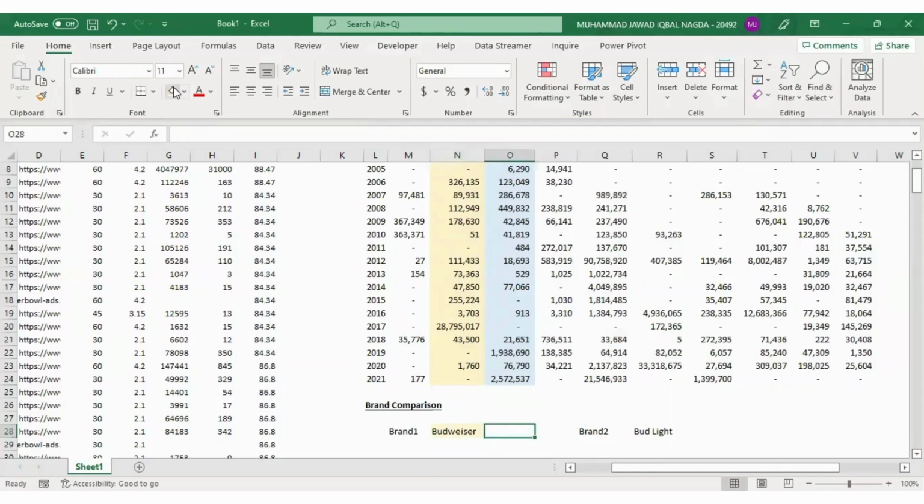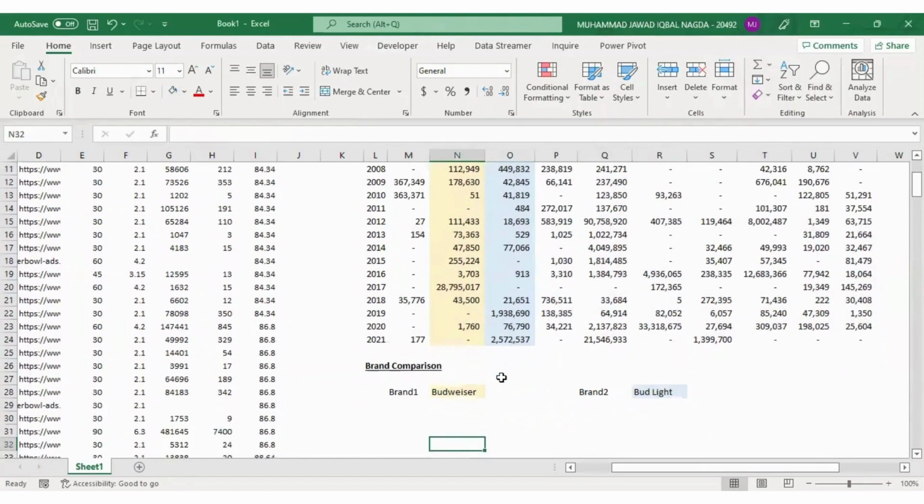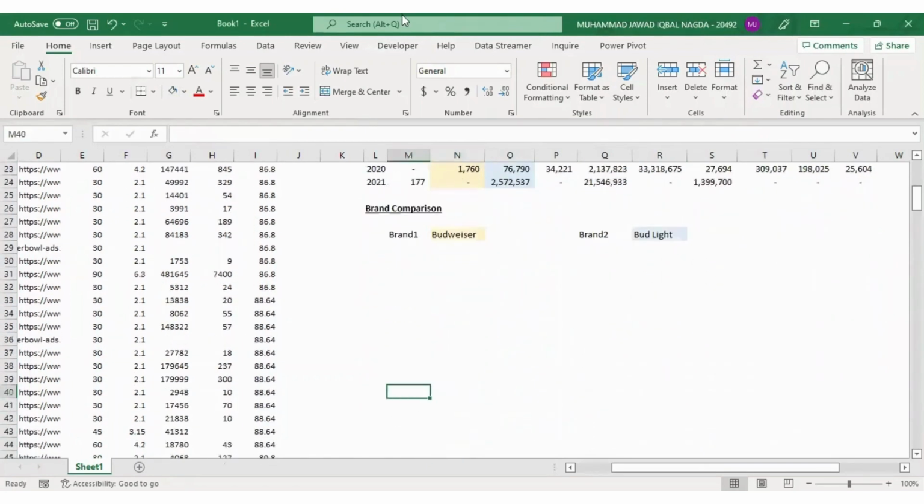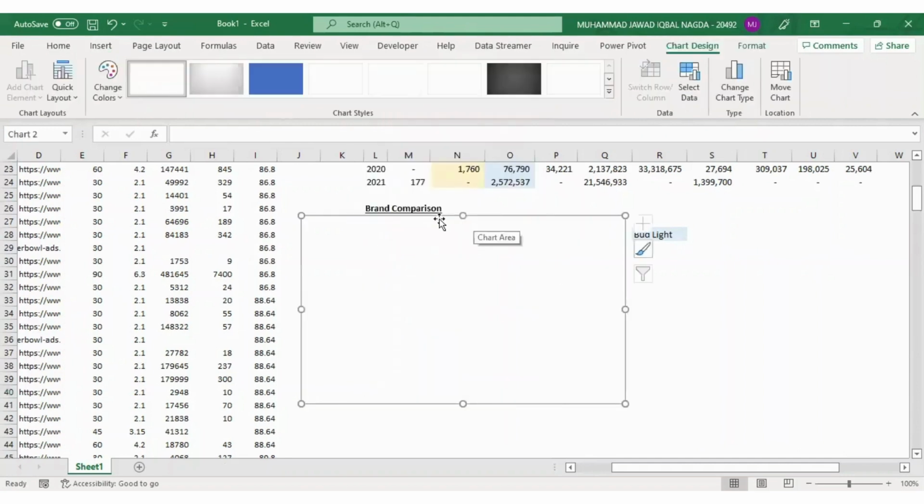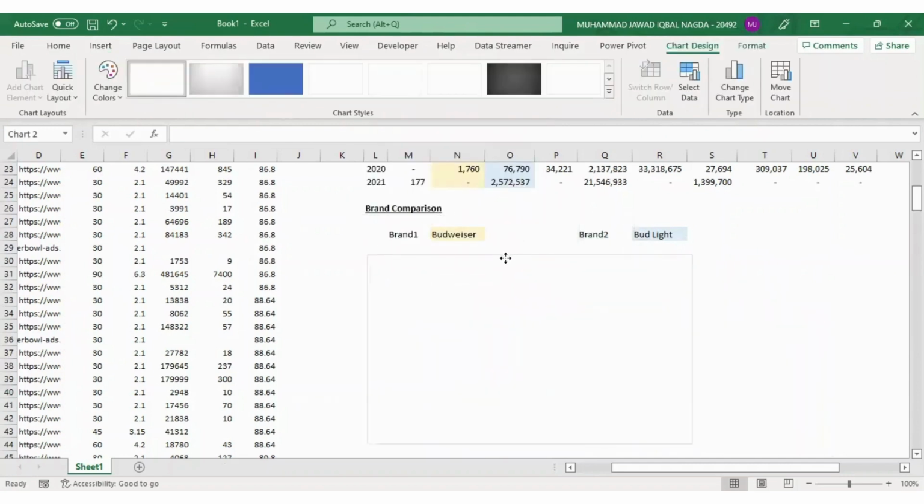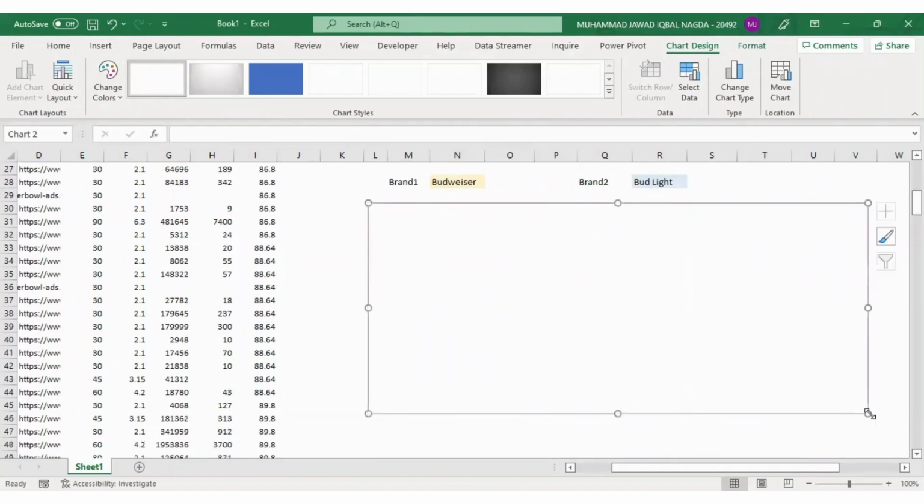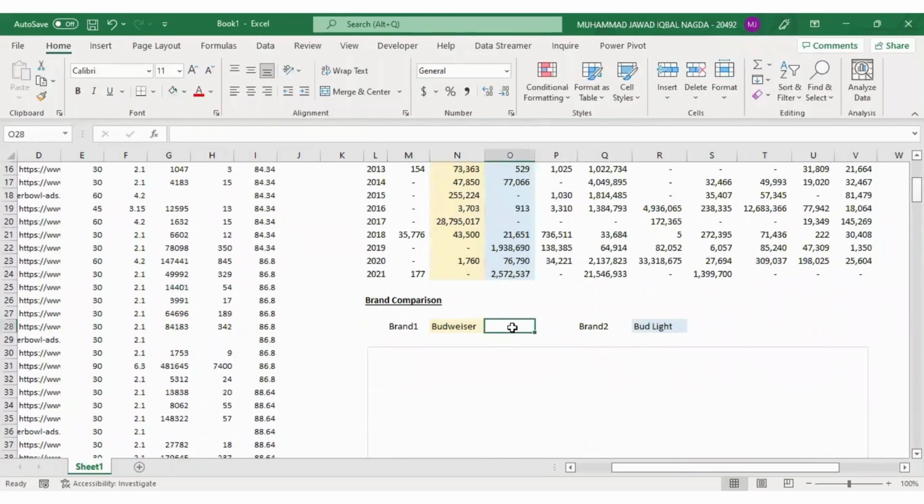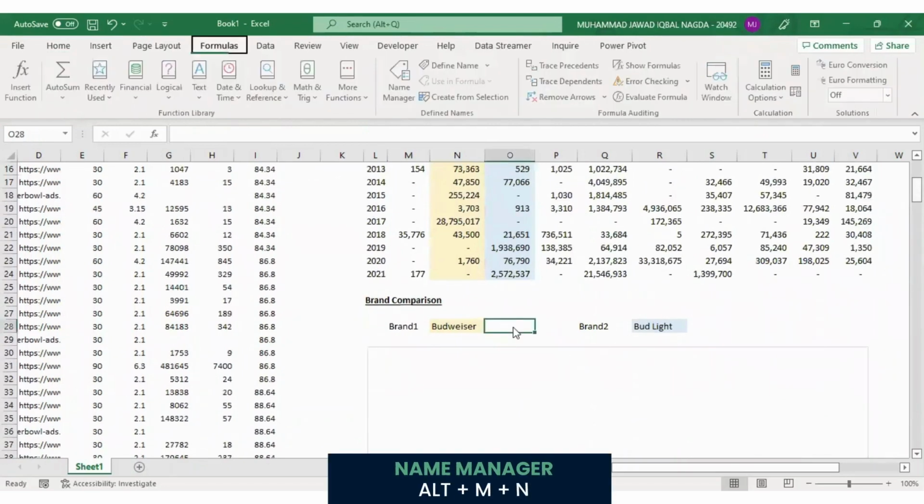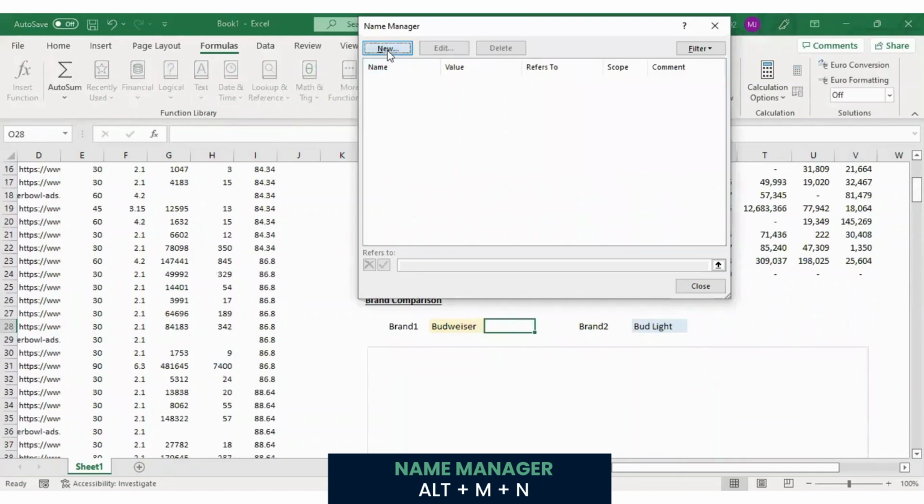So again, just to make it more relatable, I'll color these selections in the same format. And now I want to add this comparable graph. So I'm going to insert a line graph, an empty one, and then use named arrays by applying an offset function to feed into this graph. So to do that, I need to first add a couple of named ranges, Alt-MN, to bring in the name